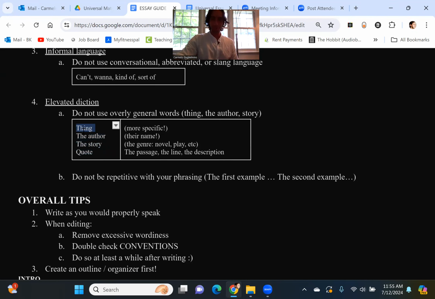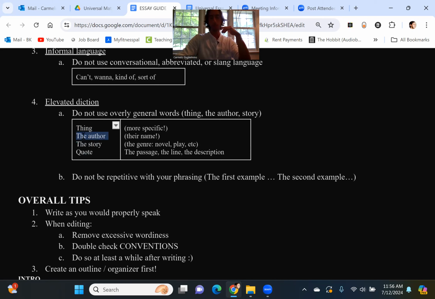Therefore, a cardinal sin for writing, as my professors in college used to teach me, is using the word thing. If you just say, oh, this thing or that thing, or Romeo's upset about this thing, you can't do that. That's the most general term. We want to know what thing, what it is that you're actually talking about, right? What it is that you're referring to. You only use the word thing, as my English professor taught me, if you're being poetic and you want to be like John Milton and say man is a thing of slime, right? That's what you want to do.